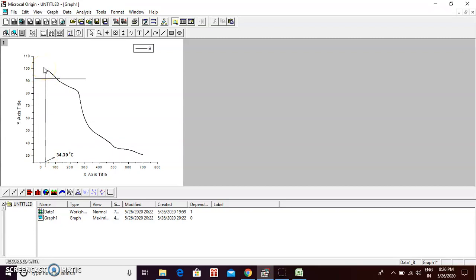Generally, when it is a polysaccharide sample or a natural sample, this degradation starts right from a very low temperature because of the presence of a lot of moisture content in it. And moreover, polysaccharides are natural substances, they are very labile to heat, they are not that stable. That's why we go for various processes of modification of the polymer to be used in your drug delivery system.